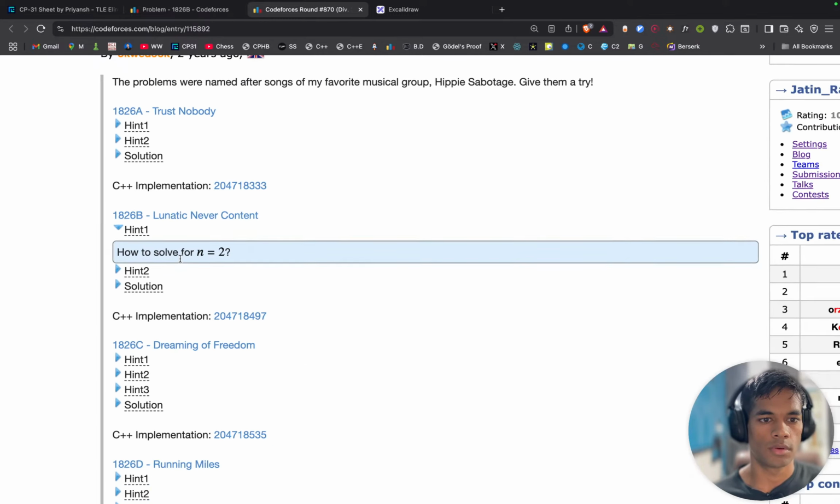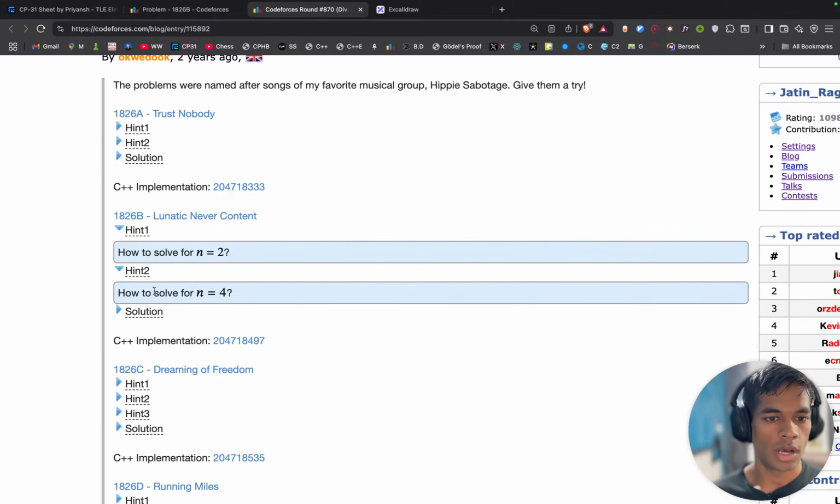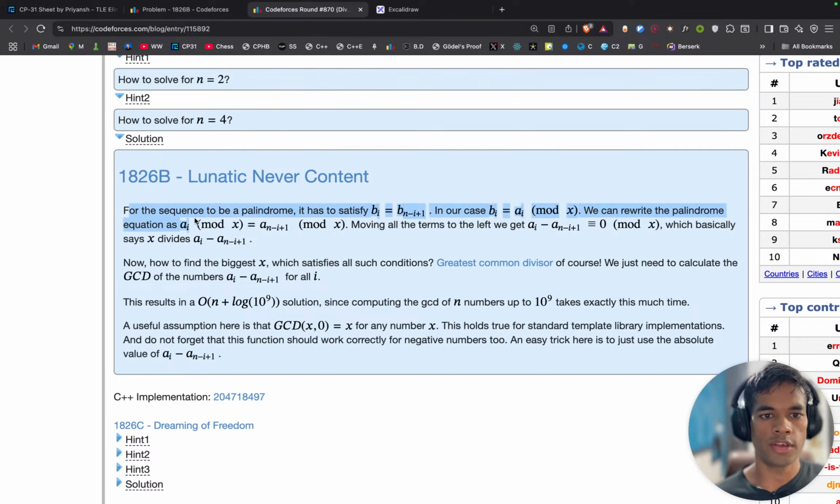How to solve for n equals 2? A minus b is absolute of a0 minus a1. How to solve for n equals 4? For the sequence to be a palindrome, it has to satisfy this thing. Yes, in our case, bi equals ai mod x. We can rewrite the palindrome equation as, yes, because replacing bi with these values, moving all the terms to the left, we get